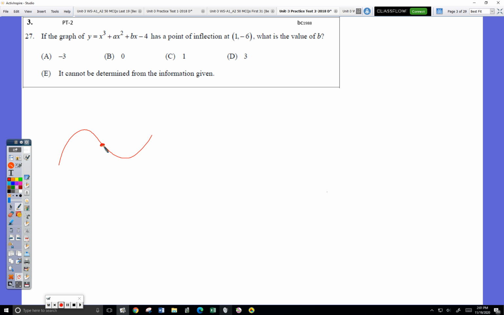Wait, what did Max say? He said we should make a sign chart. And then I said of what, and he said y prime. Oh. Because we want to look for the inflection point, and that's where he just made a mistake in his memory. Okay. Tell me, go ahead. For a point of inflection, you need to find y double prime. Right. That's where I went when I solved this problem,